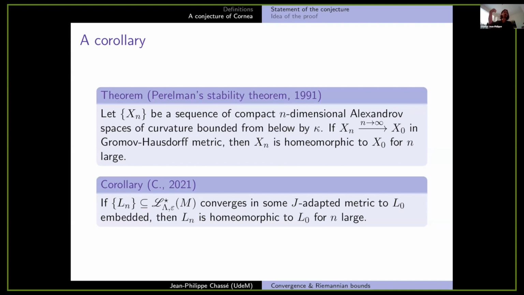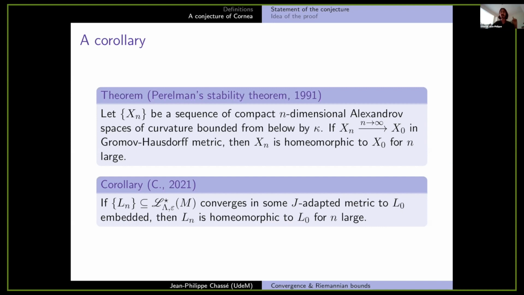And obviously, when your J-adapted metric is the Lagrangian Hofer metric, that's not saying much. But when you're talking about the spectral norm or one of these shadow metrics or one of these other weighted fragmentation metrics, that's kind of big, right? Because for the shadow metric, you can be comparing things which are not even homotopic. So it's kind of nice that on some neighborhood, they have to be homeomorphic. Great.